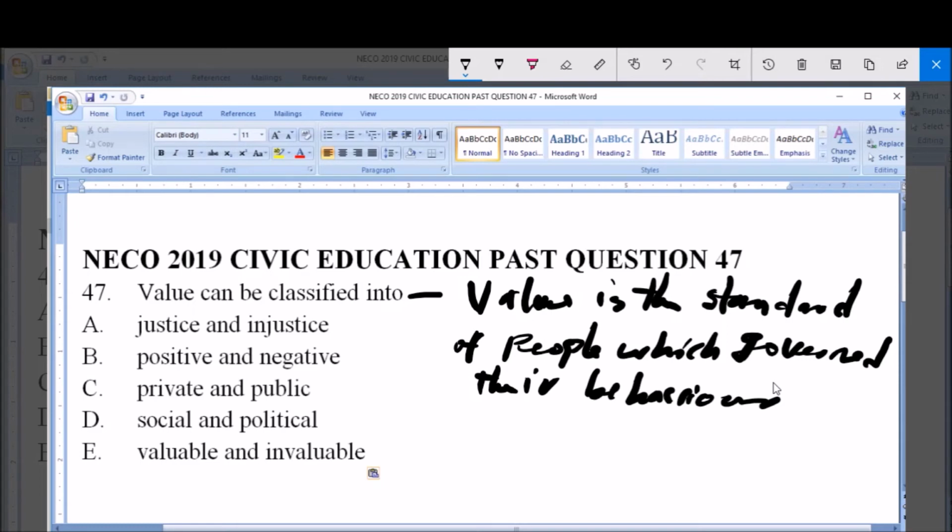social and political, E valuable and invaluable. Value can be classified into positive and negative, so that is 2. So option B is